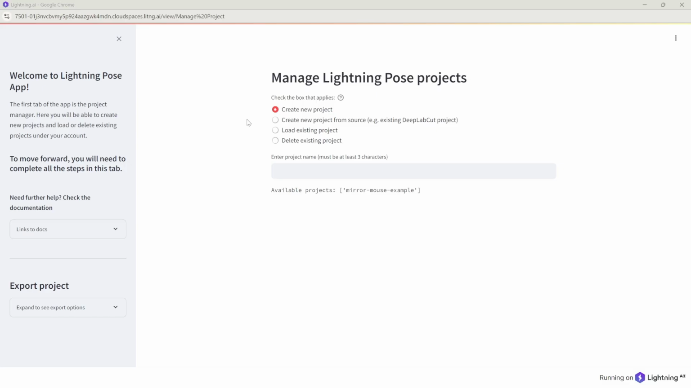In this video, we will do a deep dive into the Project Management tab. This is the first page that you will see after launching the app. In this tab, you can create a project, import a project from other pose estimation packages, and load or delete